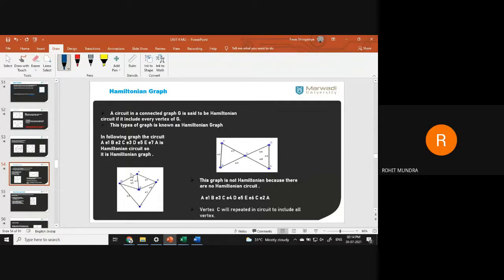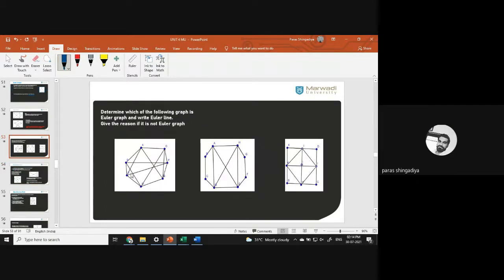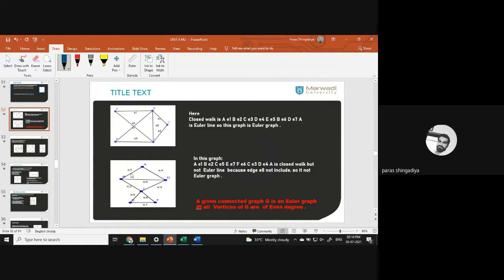Hello. Sir, in an Euler graph, will the degree of every vertex be even? In which graph? Euler. Yes, yes. There is one result we have discussed in this Euler graph. Every connected graph is Euler if all the vertices have even degree. It means you have to draw one graph and connect these vertices in such a way that all the vertices have even degree. Then it is always an Euler graph.